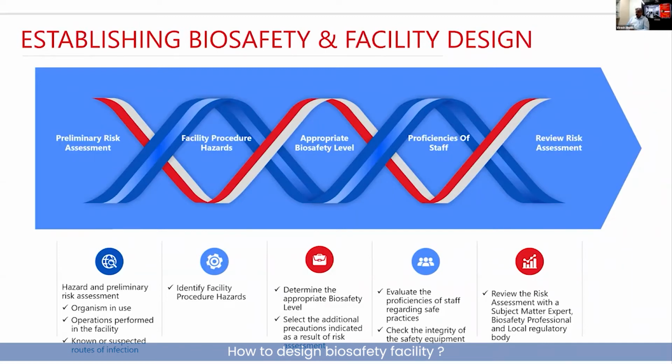The most important aspect of risk assessment, on the next level, is to ensure that the people who are dealing with biohazard are sufficiently trained. They should be proficient in handling the biohazard. And the second thing is to check the integrity of all the safety equipment being used, whether it is the biosafety cabinet or the centrifuges, any closed equipment which we use in that area. It has to be integral, calibrated, and in top performing condition. So the maintenance of these facilities and equipment becomes very, very important.